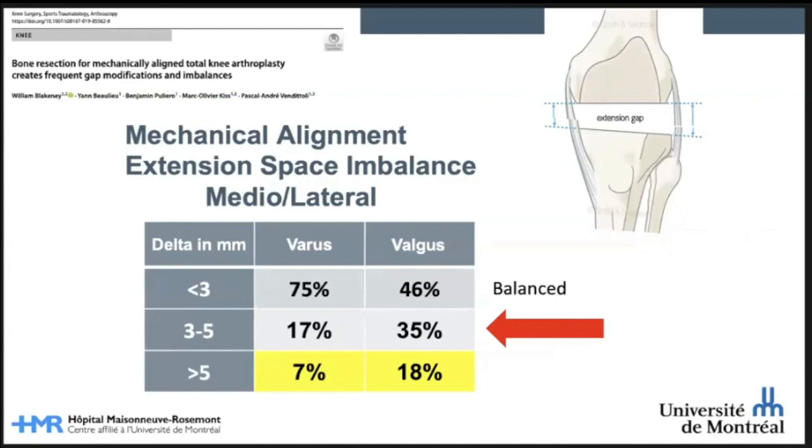Let's have a look here in our study of 1000 CT scans at the extension space. Imbalances were present in 18% of the valgus knees and 7% of the varus knees, with a difference of 5 millimeters and above. These differences of 5 millimeters between medial and lateral compartment are very important, and very often we cannot correct these imbalances with surgical release. So these very high imbalances created by the mechanical alignment technique explain why many patients experience instability after their total knee